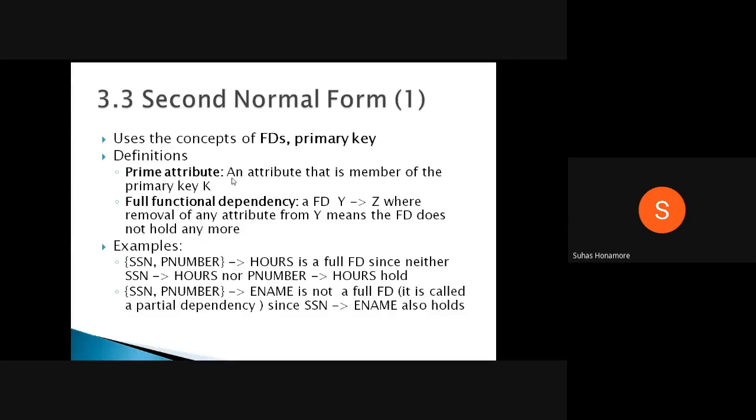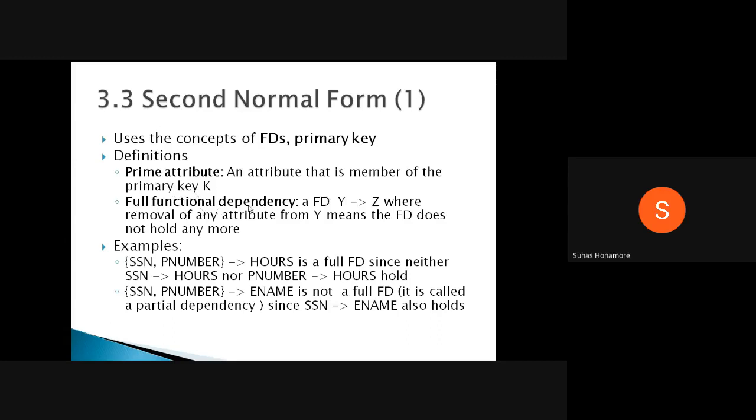Okay, so second normal form, 2NF normally. Second normal form and third normal form have two definitions, one with respect to the primary key and one in general. For that we require two things, some terminologies we'll use. First, prime attribute. We already studied prime attribute. It is an attribute that is a member of a primary key, or of any key normally.